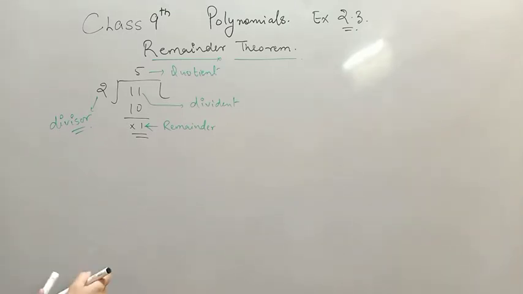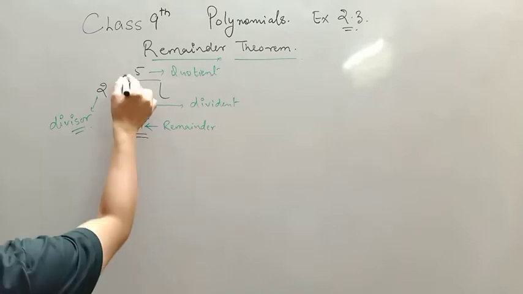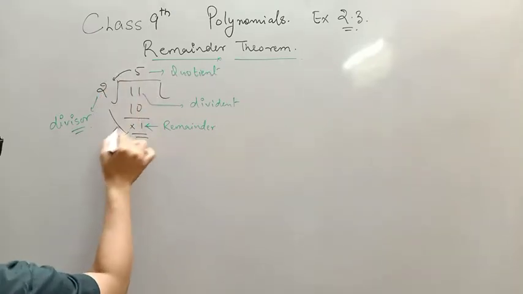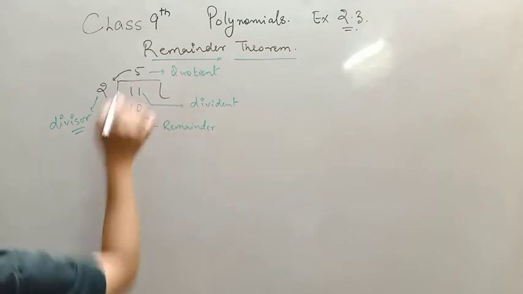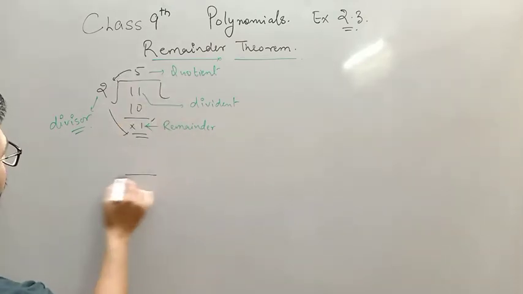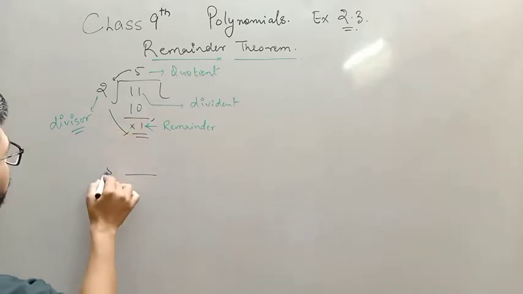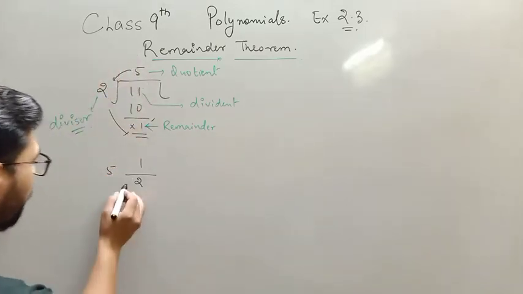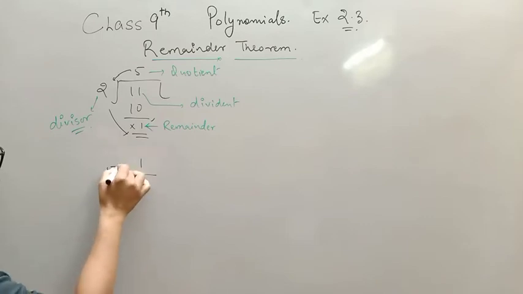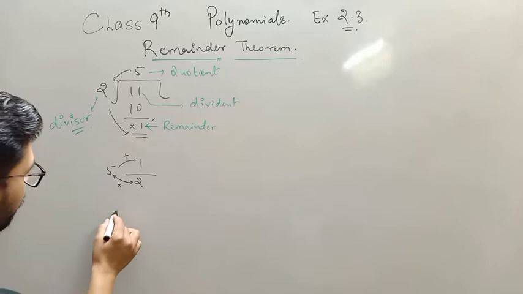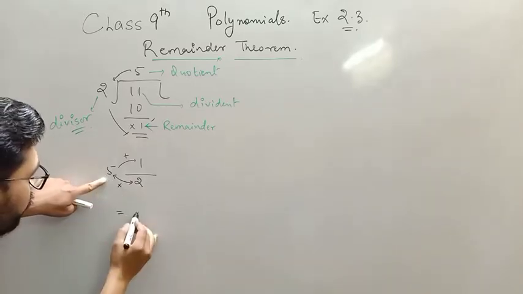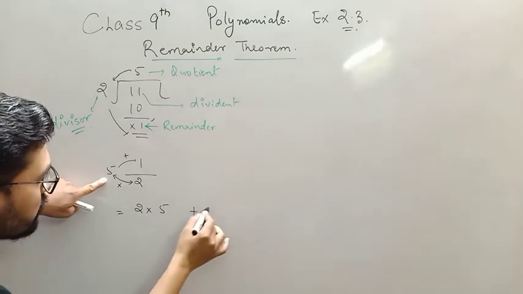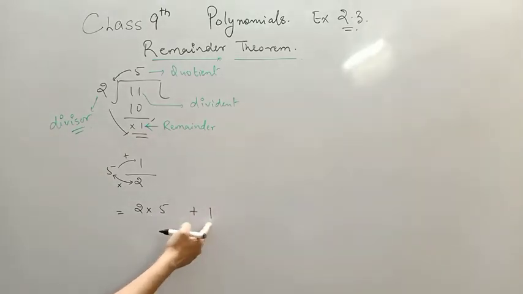Now can I write it like this? In the mixed fraction, and 1 is in the top. So this is the mixed fraction. 5 comes to this position, 2 comes to this position, and 1 comes to the upper position. So 5, now you just multiply these two values and add this one, right? So you can write 2 into 5 plus 1, 5 twos are 10 plus 1, 11.